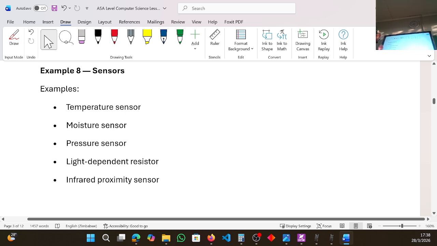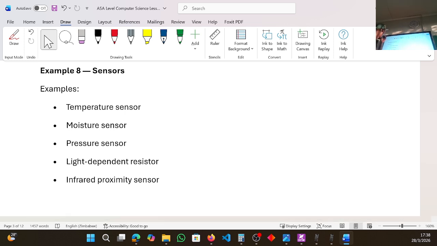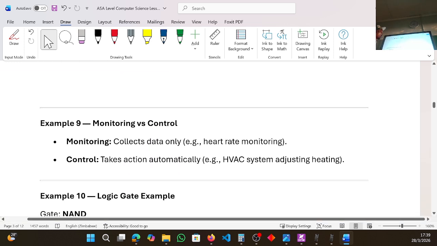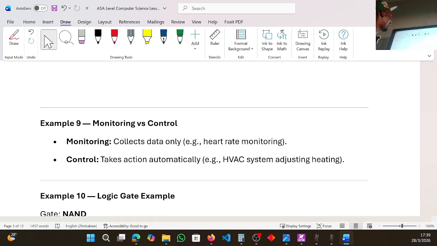Now we have sensors. These are temperature sensors, moisture sensors, pressure sensors, light dependent resistors, infrared proximity sensors. Sensors are there to read data, but some, when they read data, also perform an action. So we subdivide them into either monitoring or controlling. Monitoring reads data only, e.g. heart rates, but with control, like